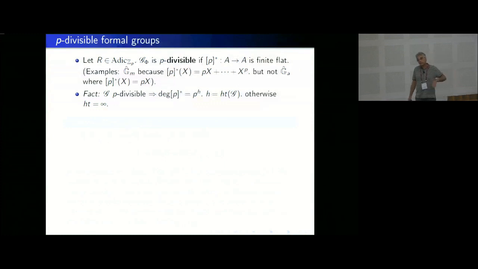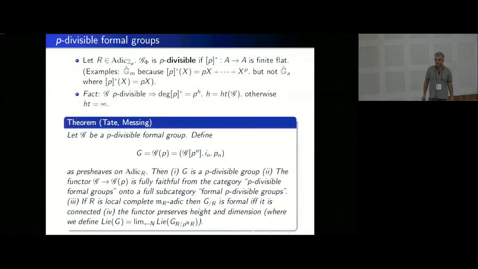And it's a fact that takes a little effort, not too much, but that's maybe the first non-trivial fact in all that I was saying. It takes a little effort to prove that the degree of p is always a power of p, p to the h. In dimension 1 it's easy, but in general it takes a little effort. This h is called the height of the formal group. G_a, for example, is sometimes said to be of infinite height.